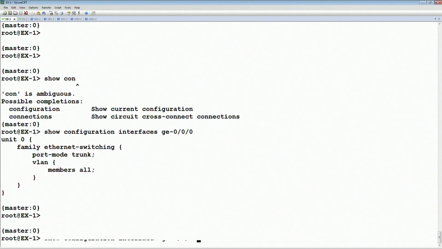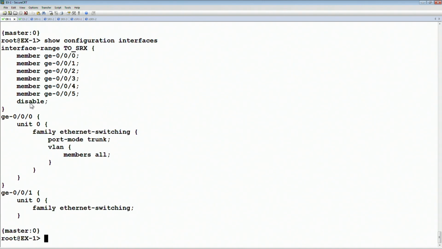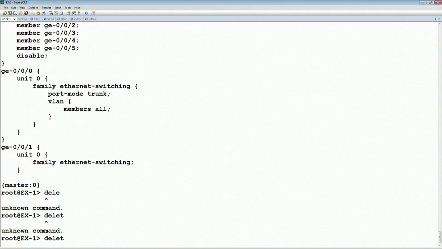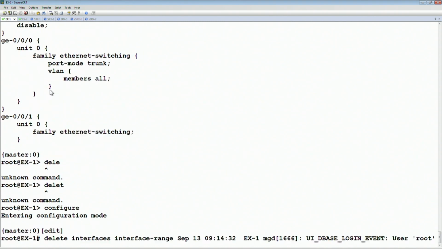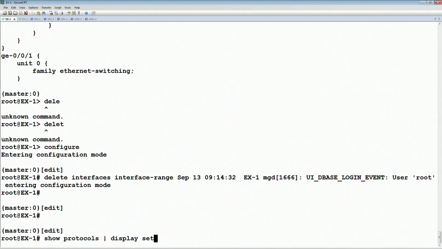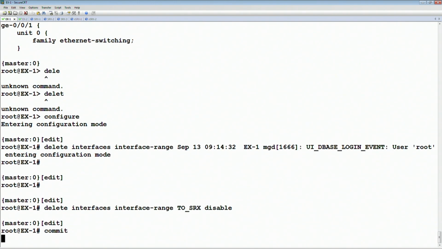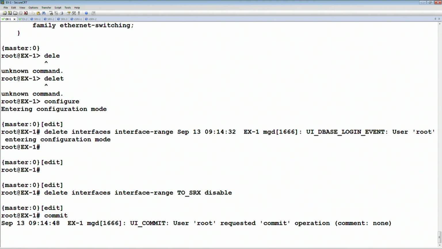Oh, you know what, it's disabled under the interface range. So I need to delete interfaces, interface range, the name, which is 2SRX. Delete interfaces, interface range, 2SRX, disable. Okay, that's bringing the interfaces back up. Now, once the interfaces do come up,